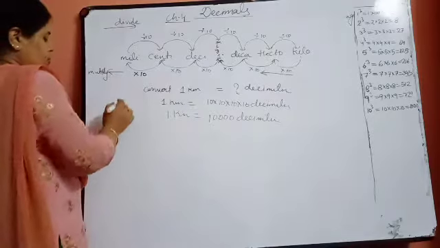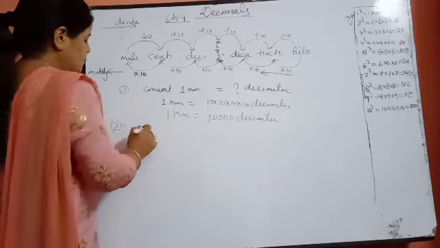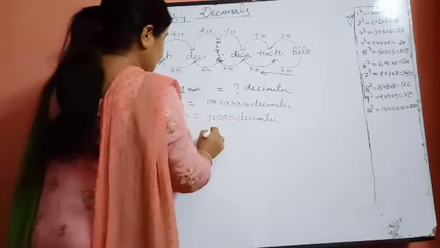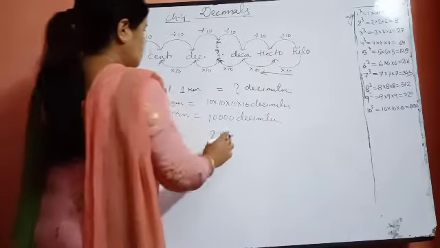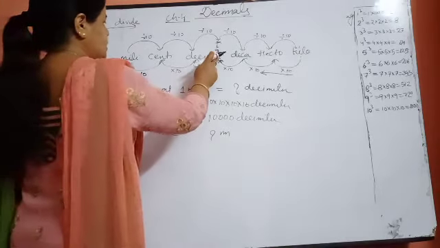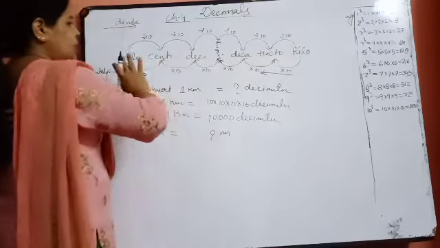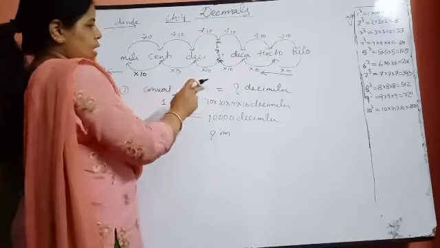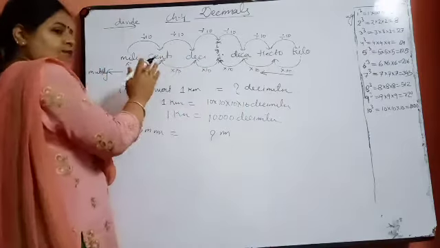Okay, in this way, one more example I am taking. See, 5 millimeter is equal to how many meter? Means here we have to come, this is for the meter. Now see, 5 millimeter. Here millimeter is there and meter is here. So from here to here, if we are moving in the right direction, left to right, at that time we go from the upper side, and if we move from right to left, at that time we come from the lower side.